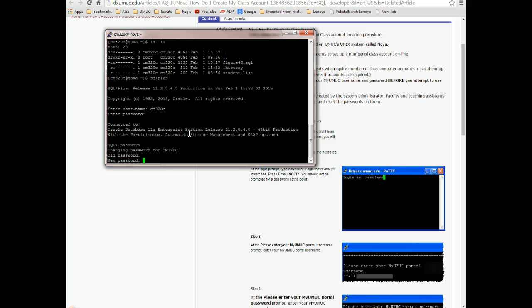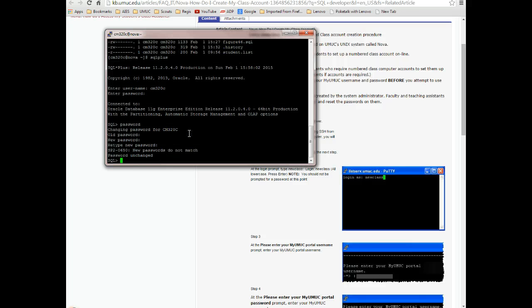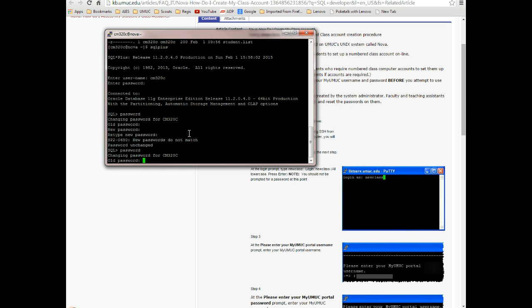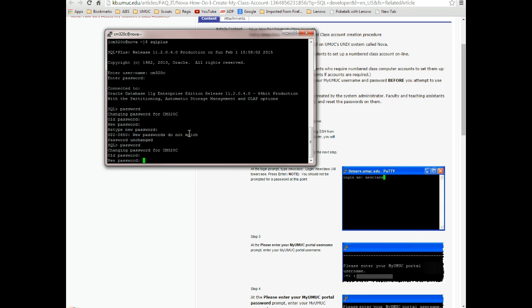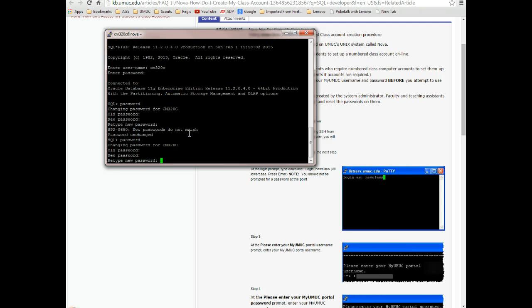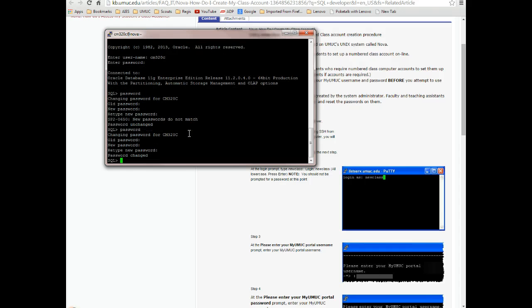Oh, whoops, that's not going to work. Try that again. Though you're logged in already, you still have to type that old password again. I think I might have mistyped that, but we'll see. Okay, new password, and retype the new password, and the password's been changed. Okay, so we'll go ahead and exit out of that,